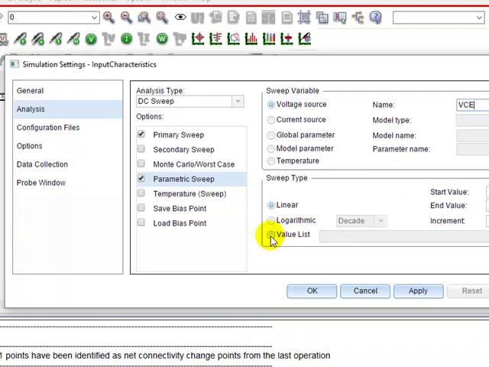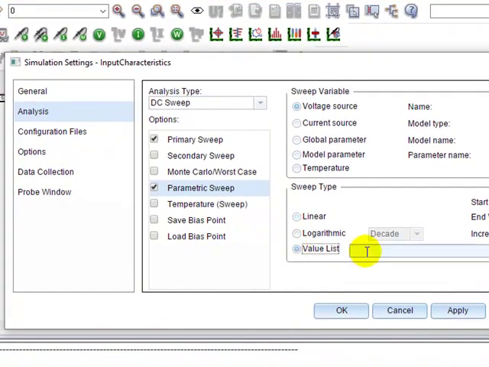If you want to enter the values of VCE manually, then you can click on value list and enter comma separated values. I want to do it for 1 volt, 5 volt, and 10 volt.